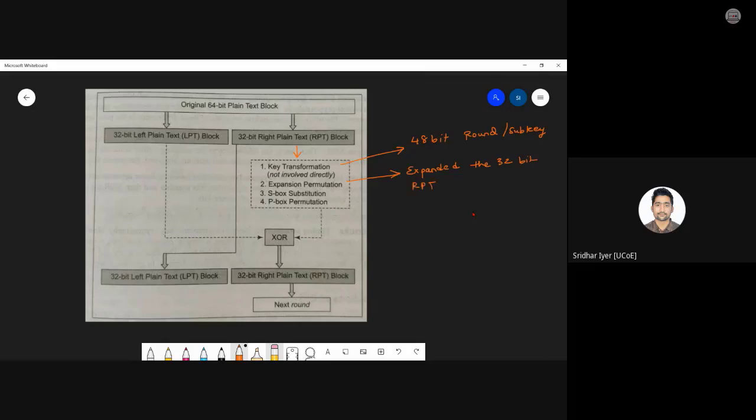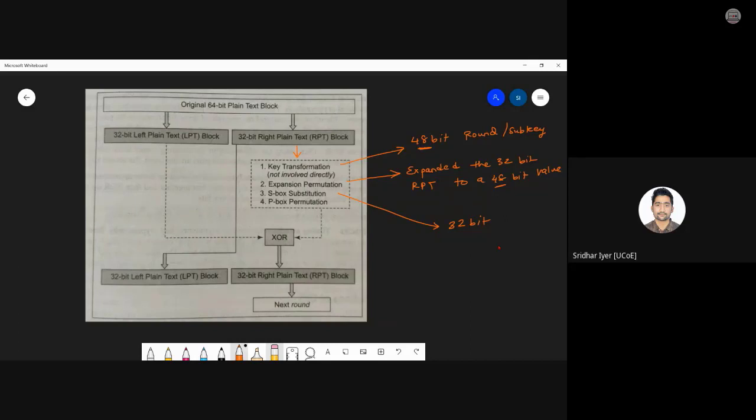Yes, and after that, we know that this 48-bit value and this 48-bit value can be compared together, but we need to convert that into a 32-bit value. Yes or no? Because at the end, we are going to XOR it with the LPT. Fine? Correct? So that is what we have done in this step, 32-bit S-box substitution. And finally, we did a P-box permutation based on a table. So I'm simply writing transposition over here. Fine. I'm writing S-boxes, 8 S-boxes. Clear with this? What is the next step?